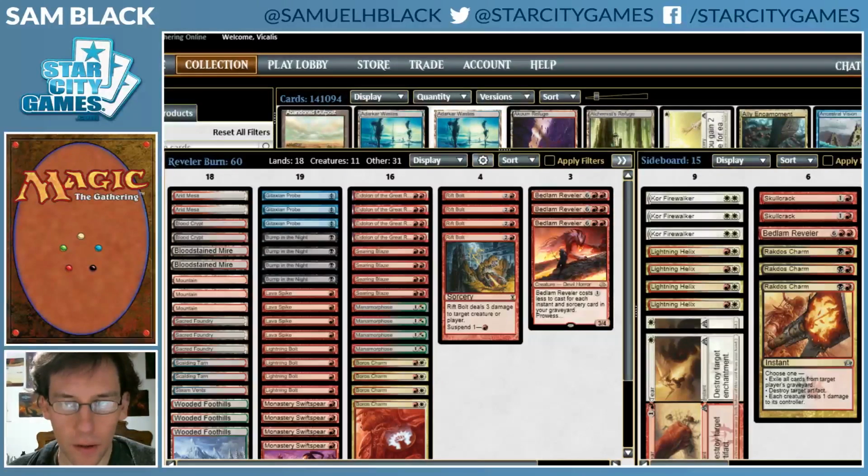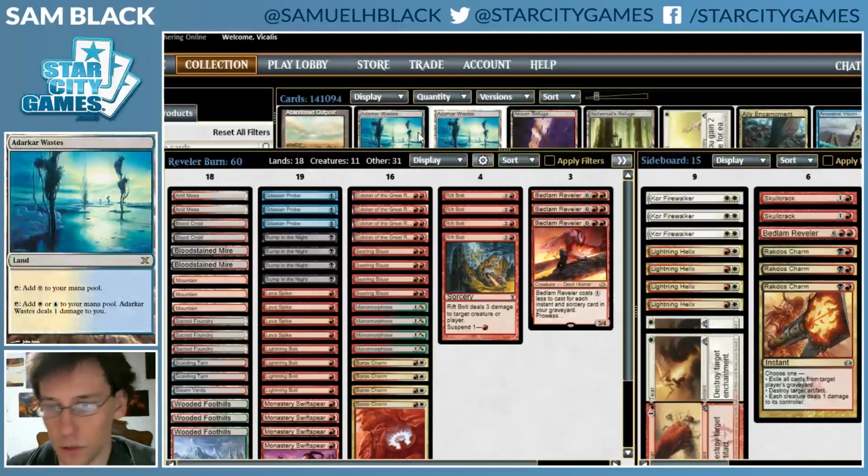Hey, this is Sam Black, and I just finished a league with this Reveler burn deck, going 3-2, with both of my losses being to Scapeshift decks, and one of my wins very narrowly beating a Scapeshift deck. So a bit of a weird sample size, but